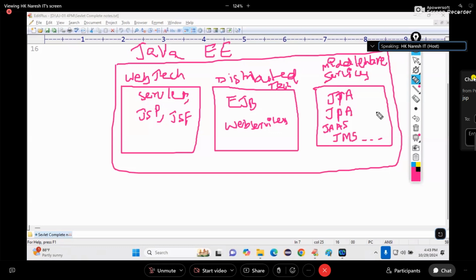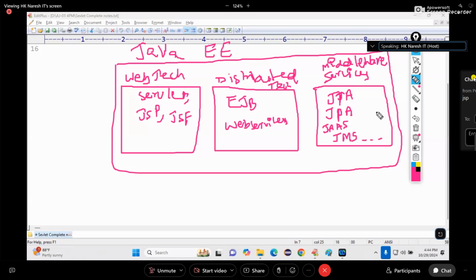Interoperable is one word, don't write it as two words. Web, enterprise, distributed, interoperable applications.